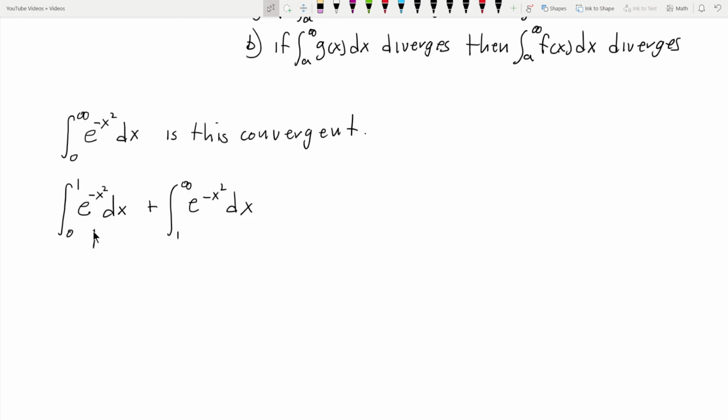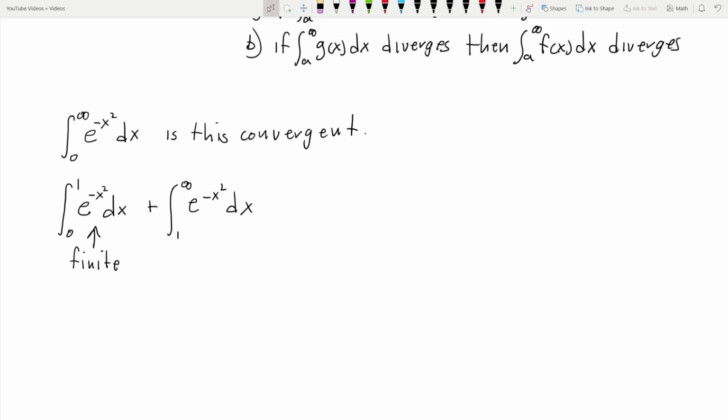Well, this is finite. All right, we can tell that from the picture, that that's finite. So what I'm interested in now is the antiderivative from 1 to infinity of e to the negative x dx. If that is also finite, then I know that the whole thing converges. If it's not finite, then the whole thing diverges. So everything hinges on that. Okay. So now that I've got that,